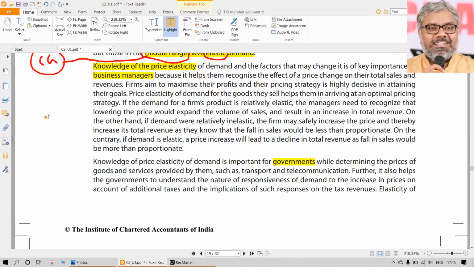So they have to understand the nature of the product, which category of the above it is falling into. They should understand very precisely, and according to that category, they should also observe and study whether this product has a relatively price elastic demand or a relatively price inelastic demand. According to that, their pricing decisions have to depend, because pricing is a very, very important decision in any organization. Always it is a question mark, right?